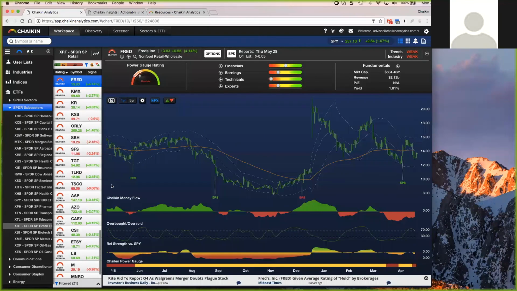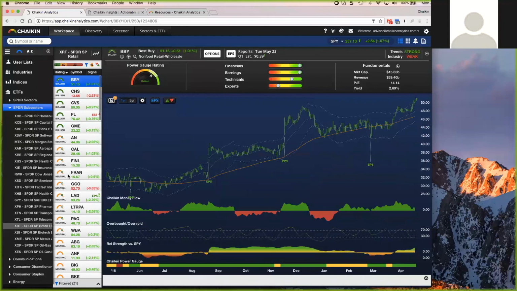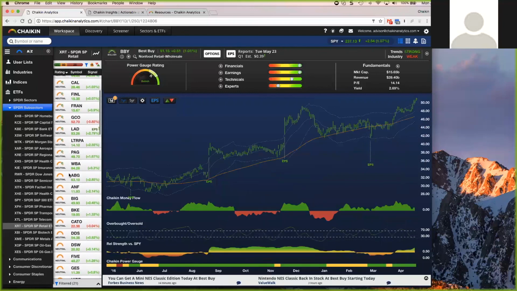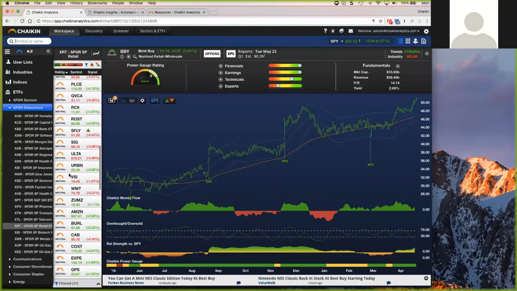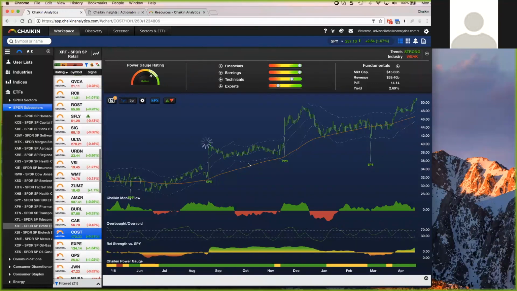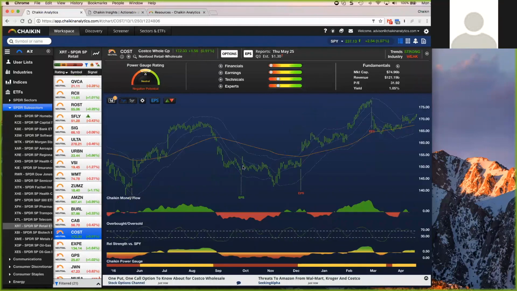Now, you use the term big box. So what I'm going to do is I think you might agree Best Buy might fall into that. Or let me see if it's here. I wonder if Costco is in this list. Here it is. Costco is probably as textbook of a big box example as you can think of.